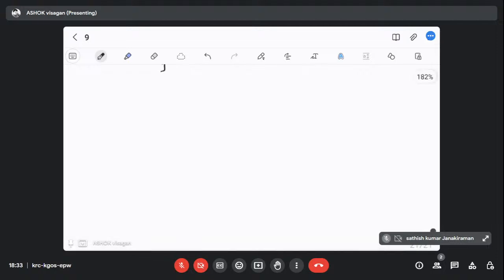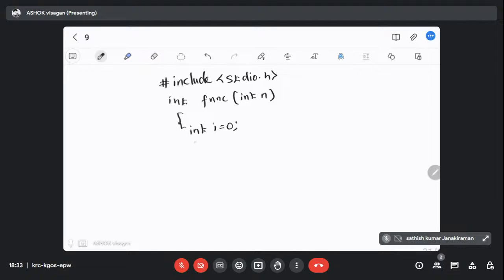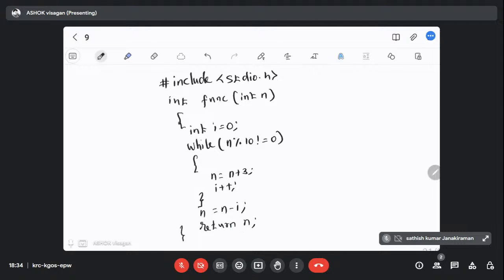So next program, #include <stdio.h>, int function f of int n, int i equal to 0, while n modulus 10 not equal to 0 open, n equal to n plus 3, i plus plus, closed, n equal to n minus i. Return n, this is closed,